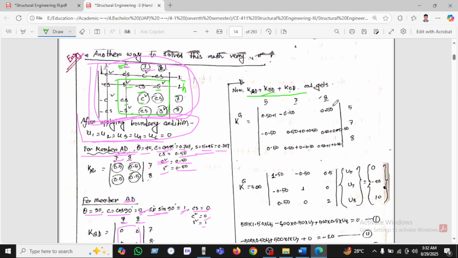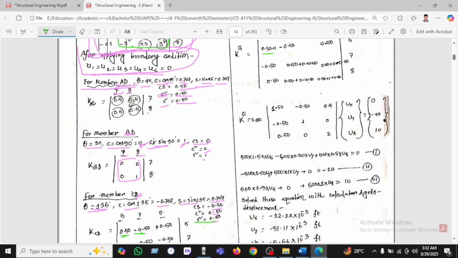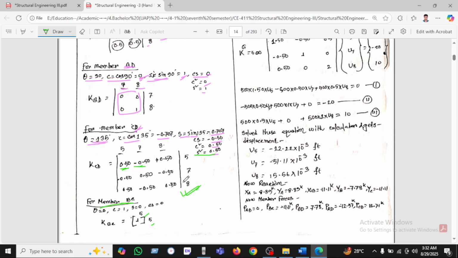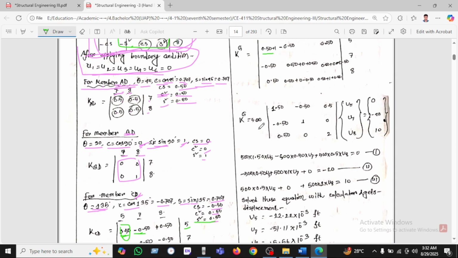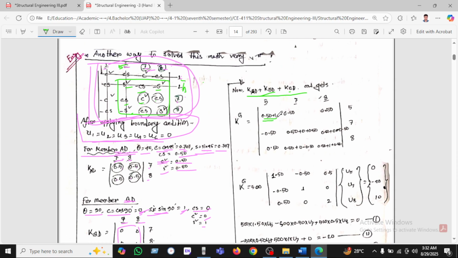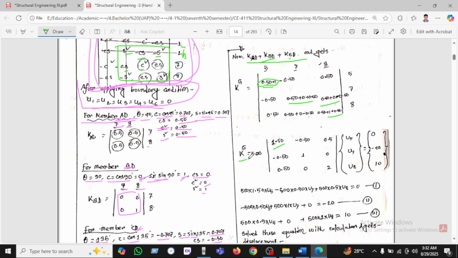And finding 576 after putting this below. So we have been seeing 0.505, 5 into 5. 5 into 5 is 1, and another 5 into 5 is 0.5. 1 plus 0.5, this is the 0.5 into 1, which is 1.5. It will be 125. And we can also multiply, adding this below 7 into 7 and finding the global stiffness